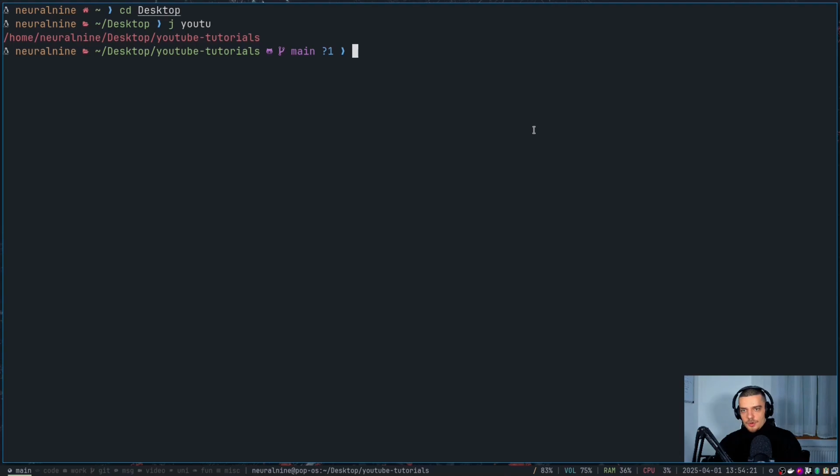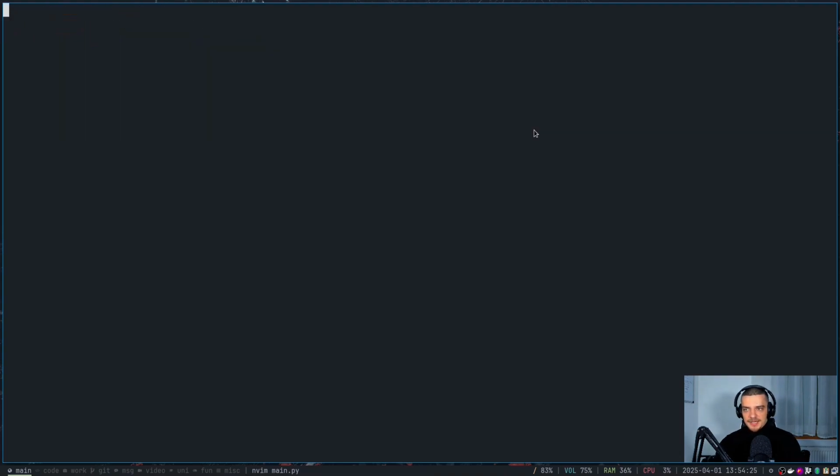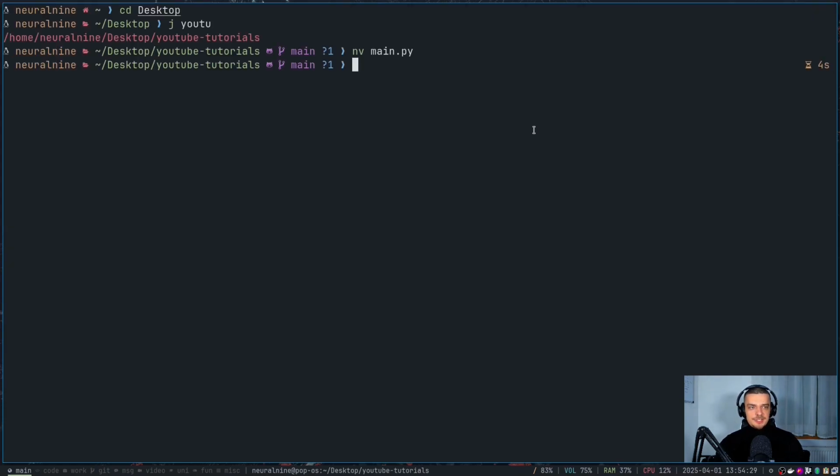And also, when I open up, for example, an application, let's say I open up NeoVim to edit a file, I spend some time in here, then I close it. You can see that I get here on the right side this hourglass with 4 seconds telling me that this took 4 seconds to execute. This is also quite useful sometimes to see how long it takes to do something. But all in all, you can see that this is a pretty, in my opinion at least, good looking shell,